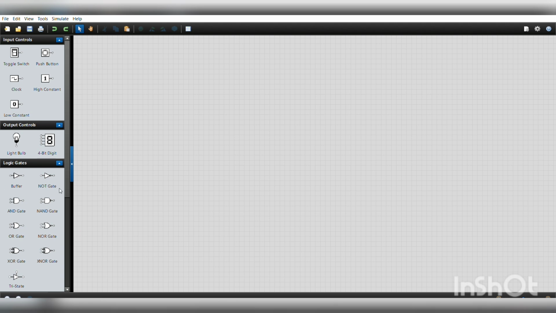I'm using NAND gates for this. I'll take 4 NAND gates. So I'm giving 4 NAND gates over here, and to indicate my inputs, that is S and R, I'm taking 2 inputs, so I have to use 2 toggle switches. So I'm considering 2 toggle switches, followed by my outputs Q and Q dash, that is present state and next state. So I should implement 2 light bulbs. So I'm giving it over here